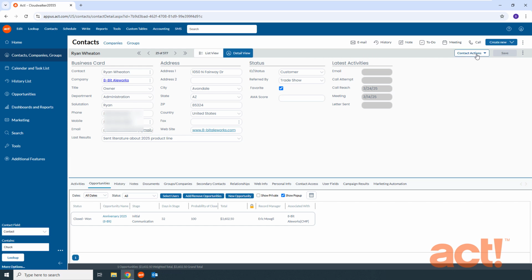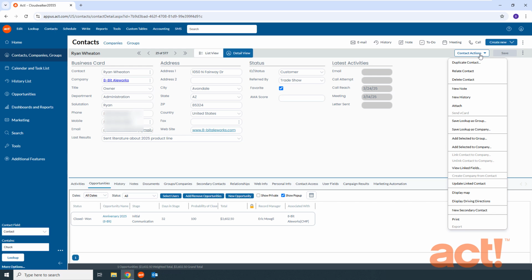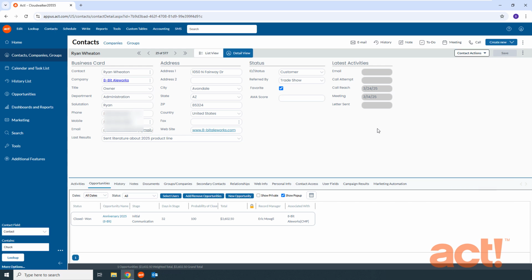On the right, use the Contact Actions drop-down to duplicate records, add notes or histories, attach a file, print the record, see driving directions on a map, and much more. If you make any edits to this contact record, make sure you click the Save button in the top right corner. To the right of this Save button, click this ellipses button to access the Layouts drop-down list. This lets you get the best view for your monitor's resolution. I recommend switching to Web Contact Layout Premium to get the greatest consistency of colors, fonts, and spacing in this